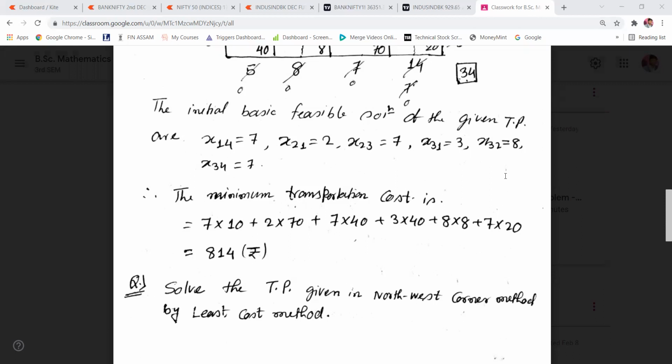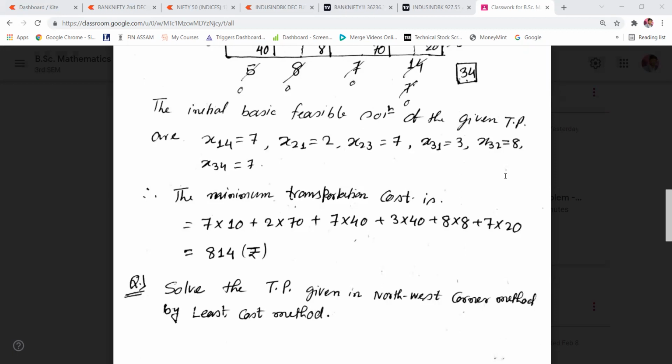So if you need to find the most accurate value of the transportation cost out of these two methods, obviously we'll follow the least cost method, because the northwest corner method will give a higher value than the least cost method.